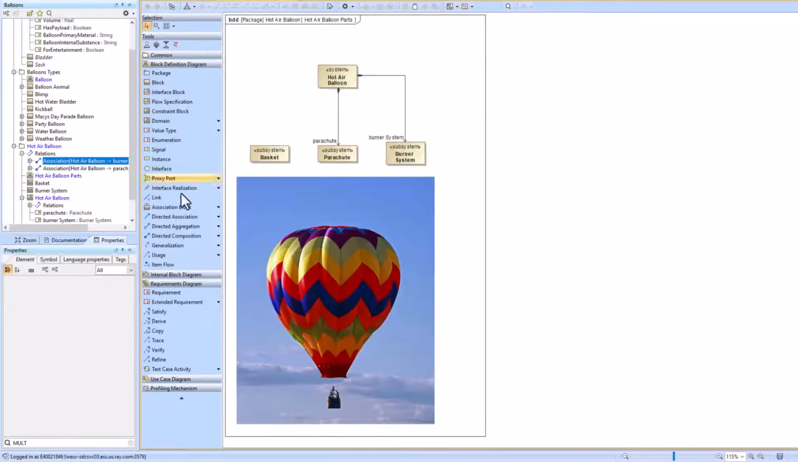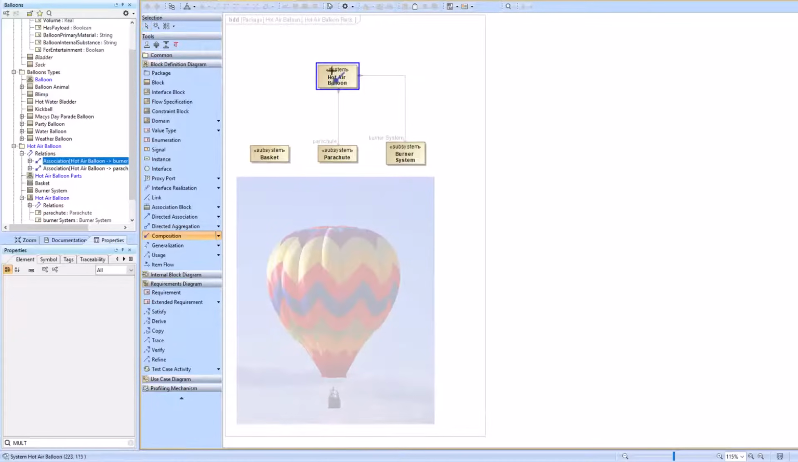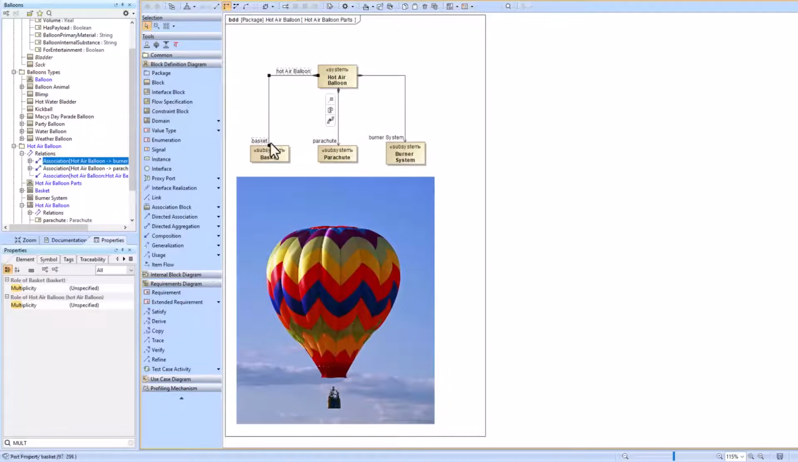So if I'm going to create just a normal directed composition, the difference is that there's no arrow down on this side. So we still have that part property that's made, but we also have a reference property that's made from the basket side. So if we look at that,